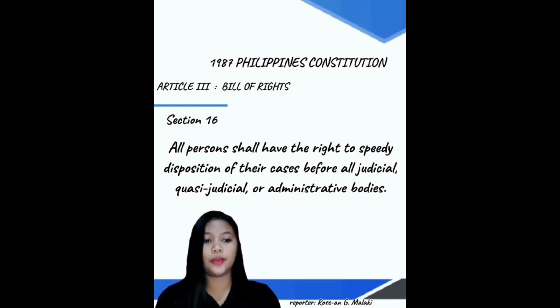of whether they are being heard in a court, a quasi-judicial entity such as a tribunal, arbitration panel, or an administrative body, such as a government agency. Essentially, this means that everyone is entitled to a fair and efficient process when seeking justice or resolving legal issues. The intention is to ensure that people are not subjected to unnecessary delays or prolonged waiting periods in the legal